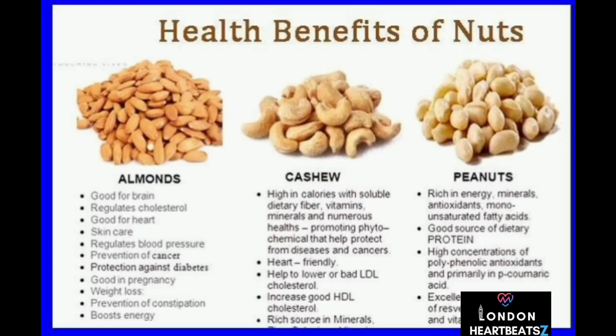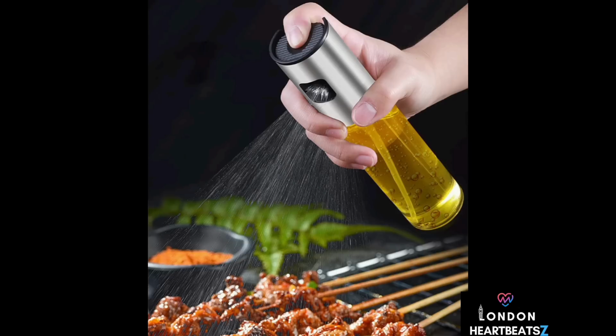Yeah. Now, what about those oil sprays? The guide mentions using them to minimize oil usage. Oil sprays are a great way to control calories and fat. You can lightly coat your cooking surface, preventing sticking without using much oil. It's all about those little adjustments, right? Speaking of adjustments,